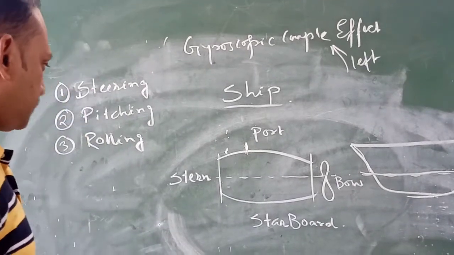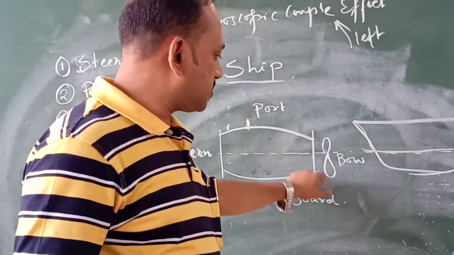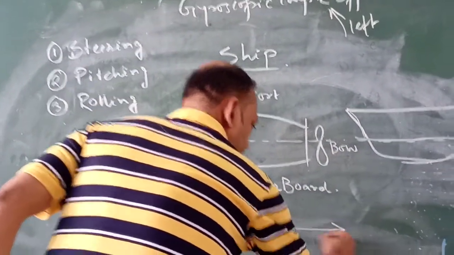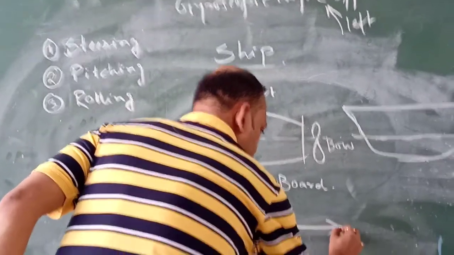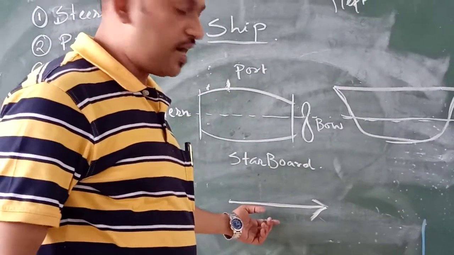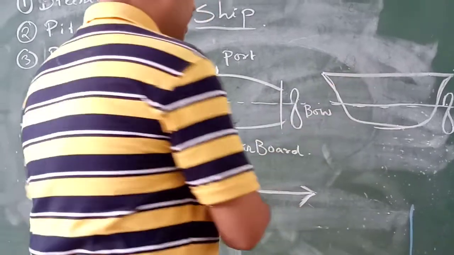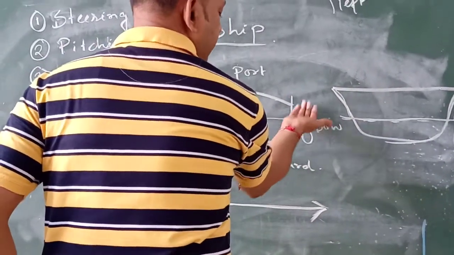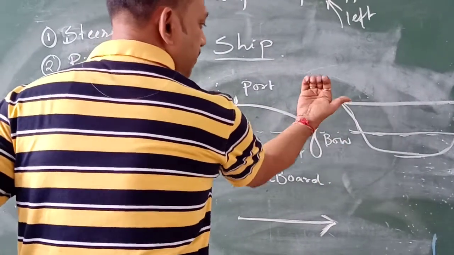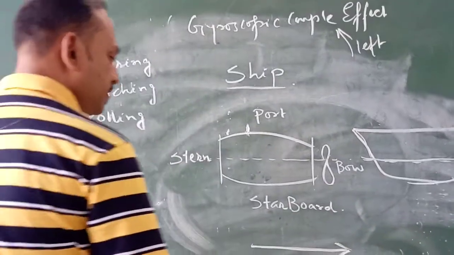So first, steering. As you can see, there is the engine and this is the propeller. So automatically it also gives us an idea that the velocity vector or the angular velocity vector or the momentum vector, whatever we say, I omega, will be acting in the forward direction as the ship is moving in this way, and the propeller is making an anti-clockwise sense of rotation when viewed from the front, from this side. The propeller is having a movement like this. So this is the direction of the vector.